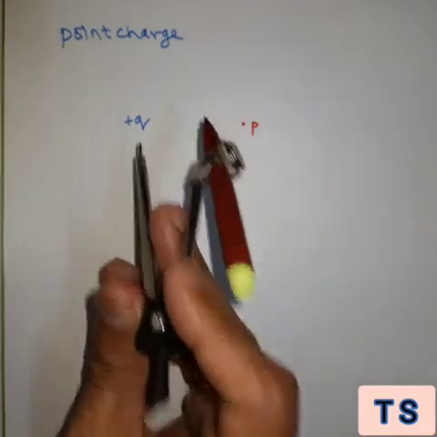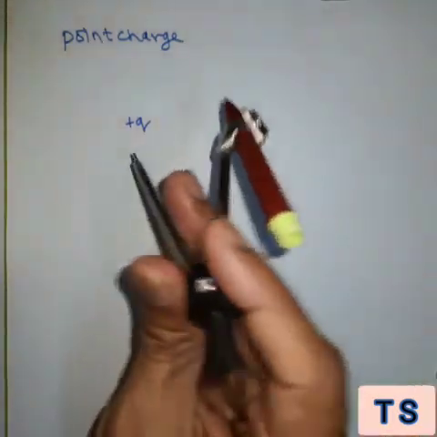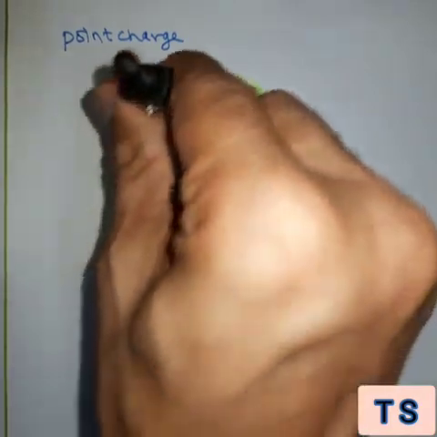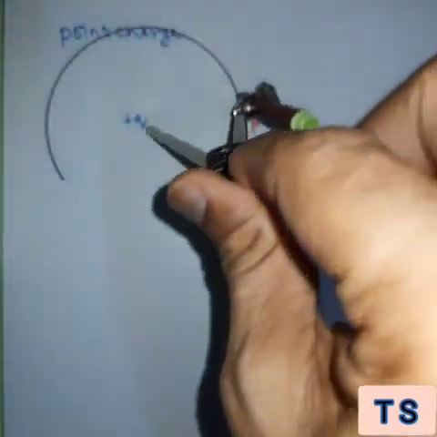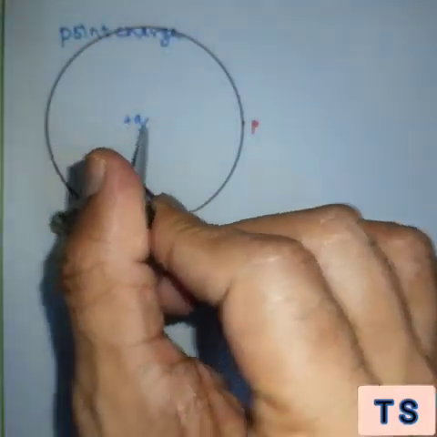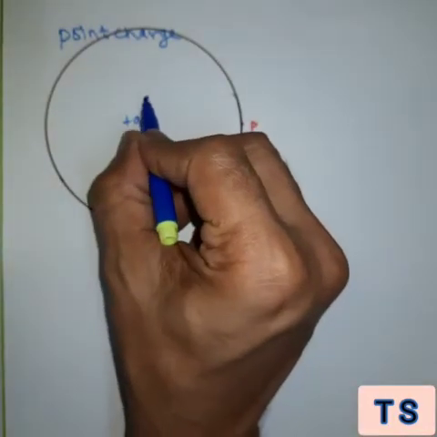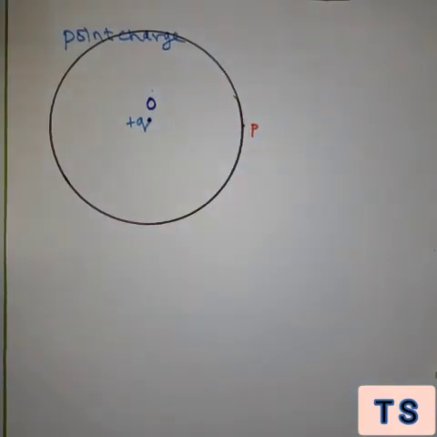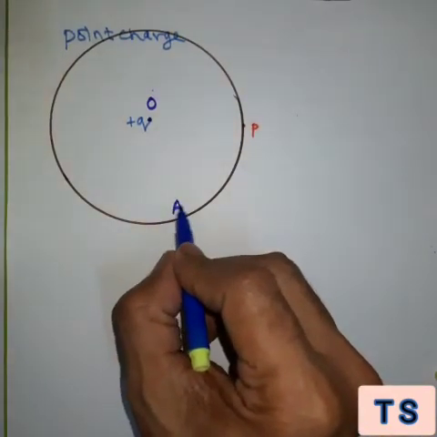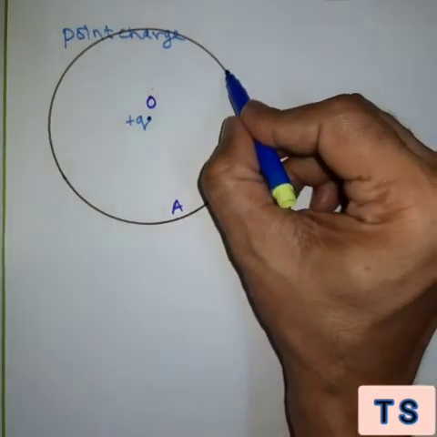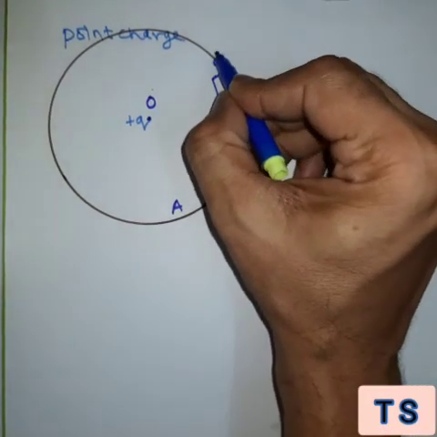which should be symmetrical to the charge. So if I draw a spherical shaped body using the center of this as plus Q, let's say it's a spherical body. What we need to know now is, if this is my spherical shaped body and this is my point charge, let's say at O, the area of this is, let's say, A. I take a small area somewhere here, and let's say this small area is dA.